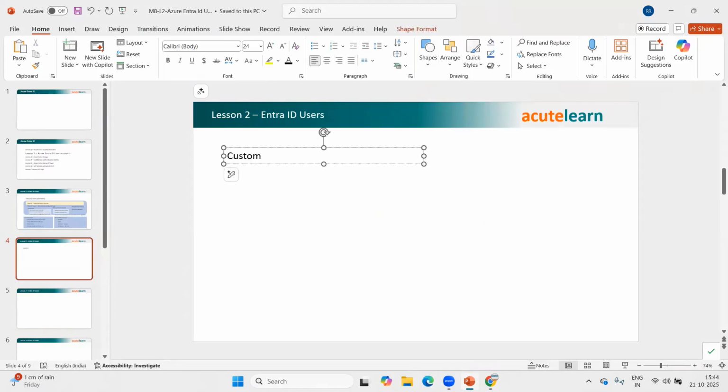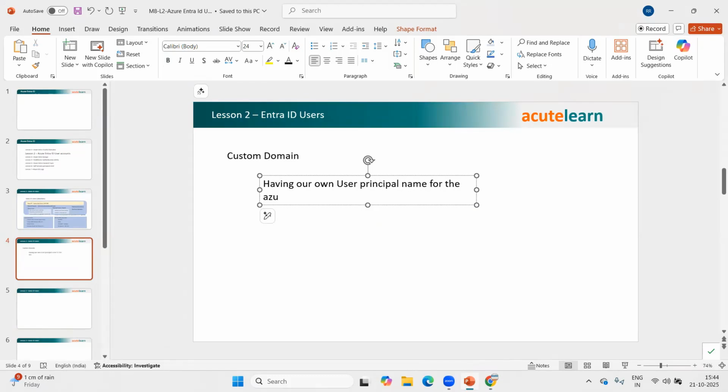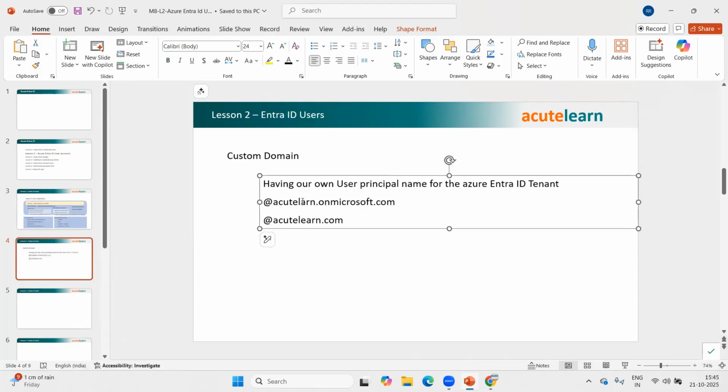A custom domain is nothing but having your own user principal name for the Azure Entra tenant. So instead of having something like @acutelearn.onmicrosoft.com, we can have it like @acutelearn.com. So in order to achieve this,